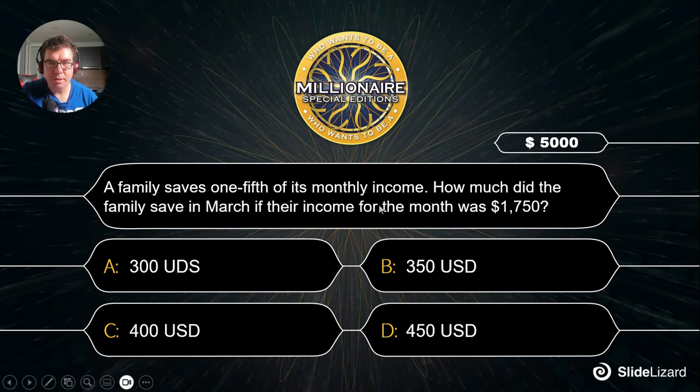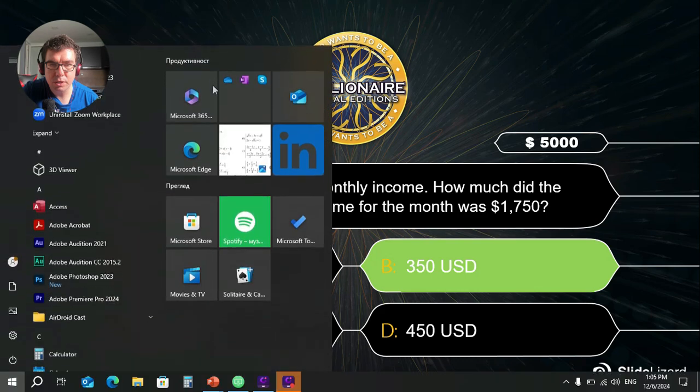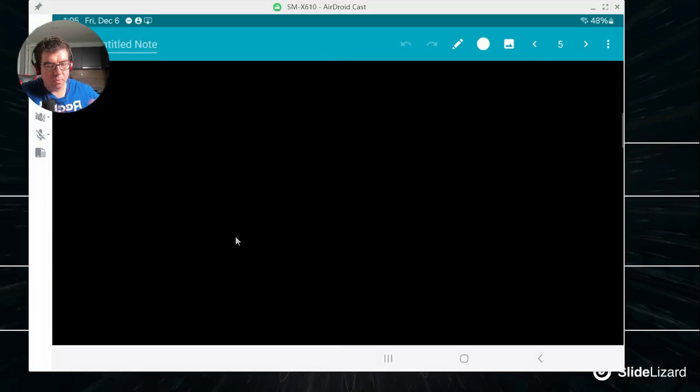Okay, did you find 350? 350 is correct. Again, the word "of" means times, so what we need to do is just multiply 1,750 times 1/5, so it saves 1/5 of that. We multiply by 1/5, and that means we have to divide 1750 by 5, so 5 enters into 17 3